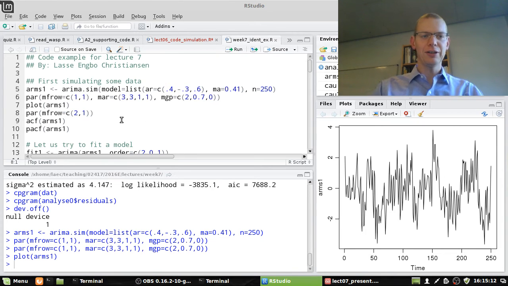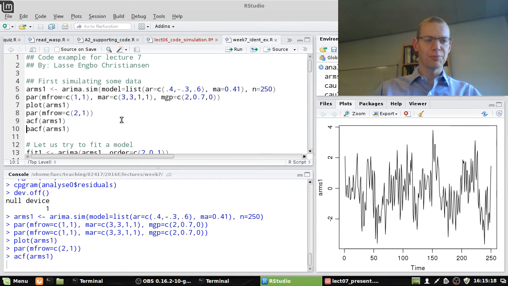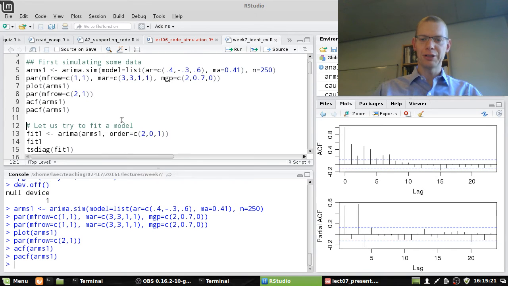So this is the data that I simulated. It's always good to just look at the data first, and then I will plot the autocorrelation function and the partial autocorrelation function of the data. And now the question is, which model is this? This is just what we exercised during the last lecture. What you'll notice is there's an exponential pattern here for the autocorrelation function, but there's also something going on down here that is not going very fast to 0 for the partial autocorrelation function. So a guess could be to have a model, say an ARMA(1,1) model,